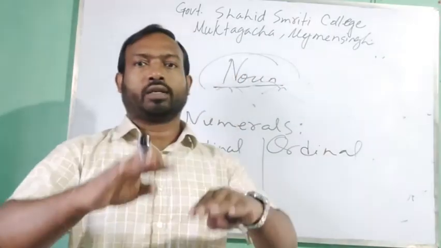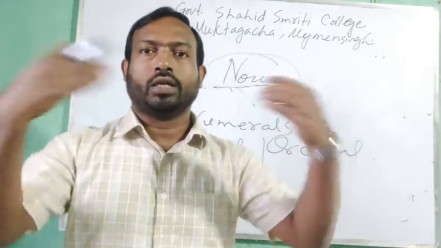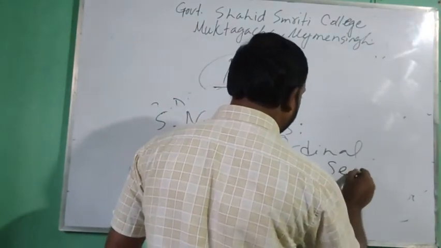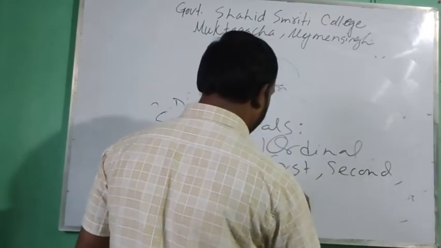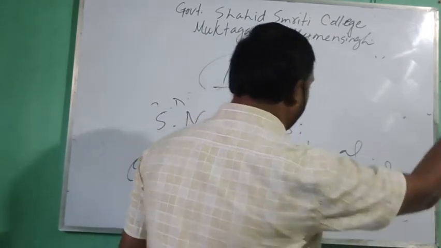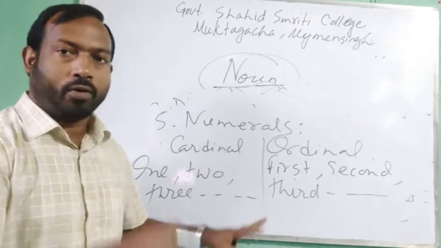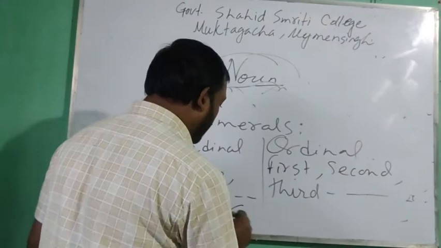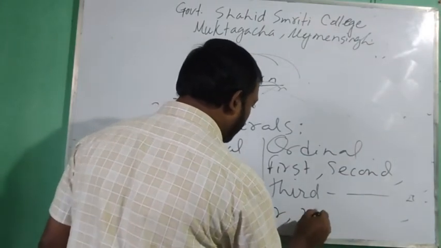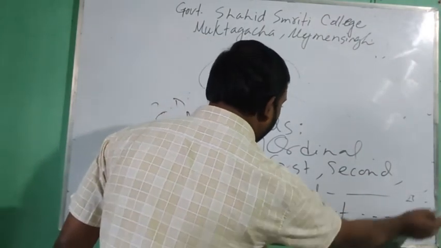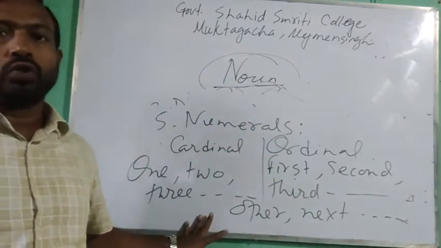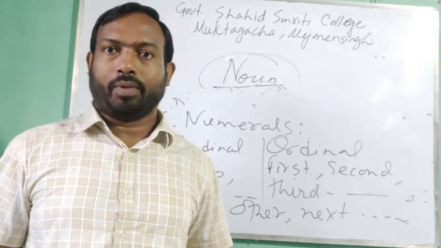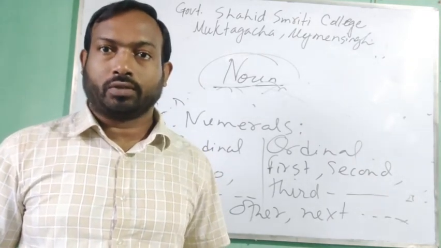Ordinal means that comes in order: first, second, third, etc. So there are also some other numerals, those are general ordinals, that might be other, next, and so on. So these are also determinants of noun, and in your HSC syllabus there will be instructions